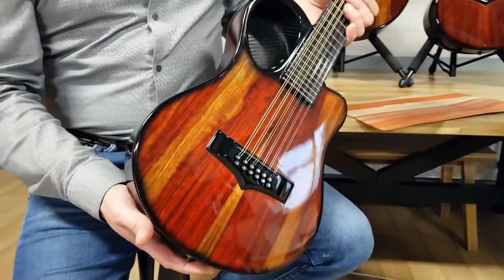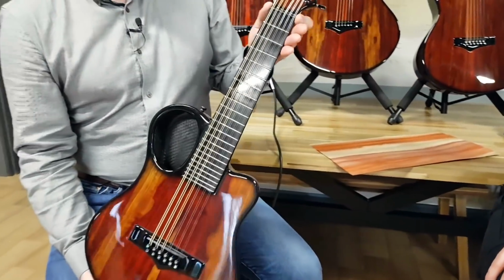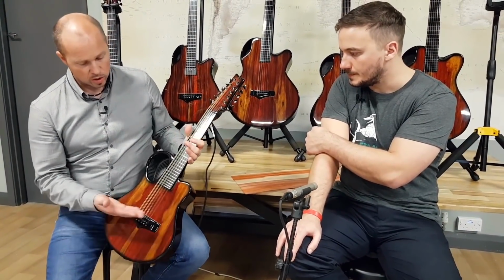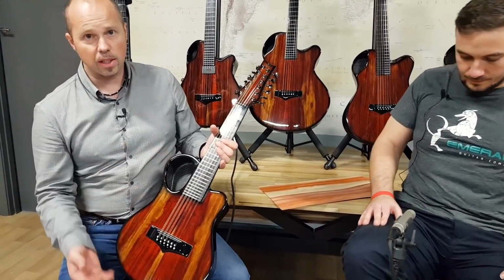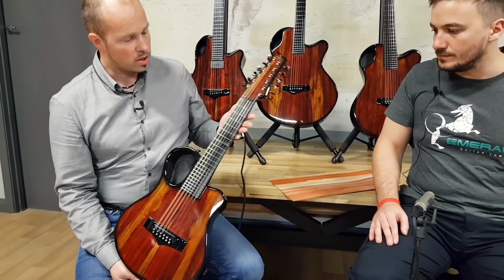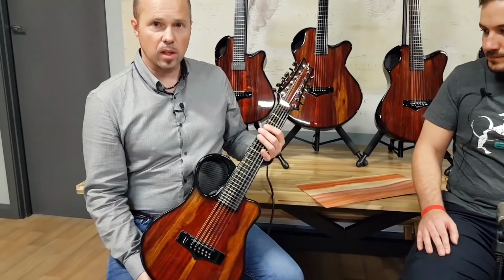Such an unusual guitar in that it's, let's just say, the hybrid between a mandolin and a guitar. It's a short scale, 18-inch scale, and tuned up to high D. So the idea behind it is you get those mandolin tones, but you also can play all your regular chord shapes. So for a guitar player that doesn't really want to learn how to play mandolin, it gives you that kind of sound, but